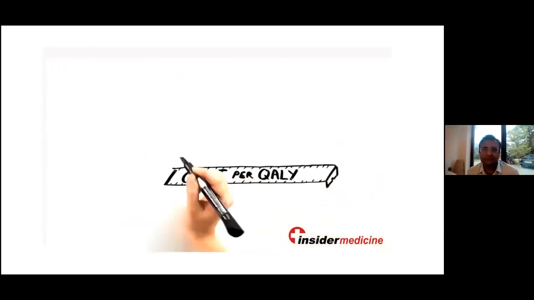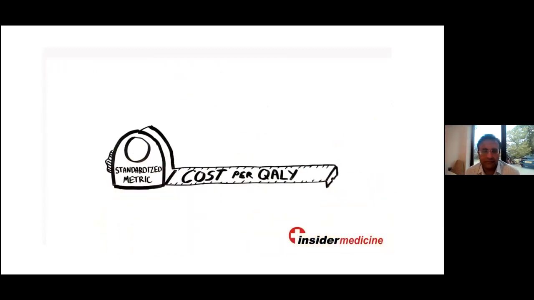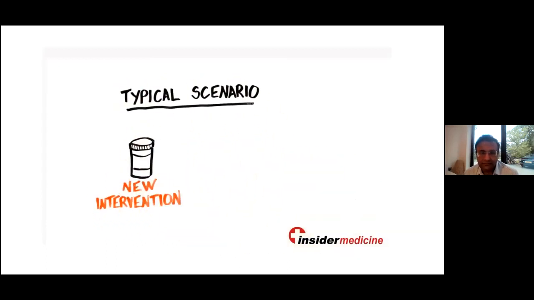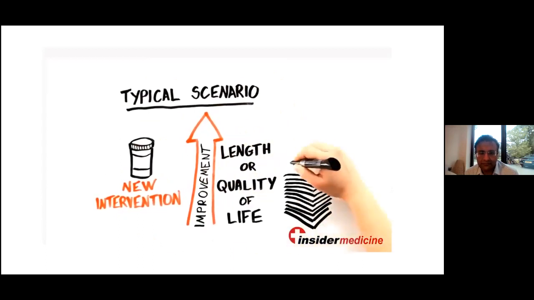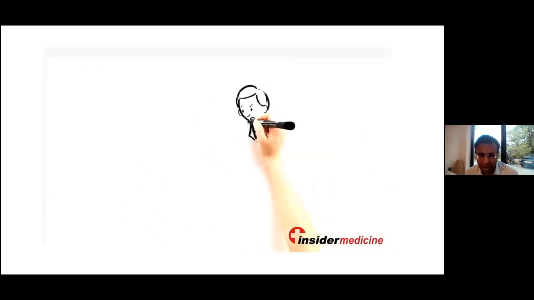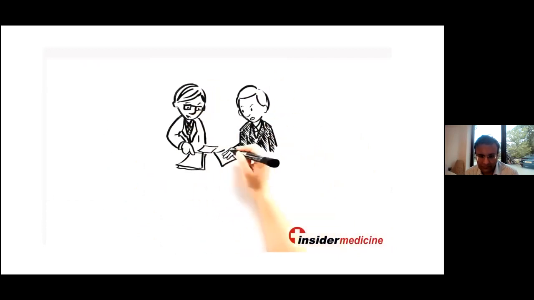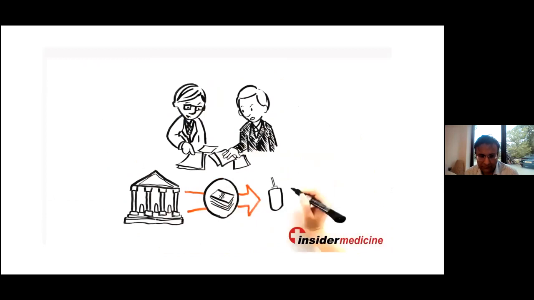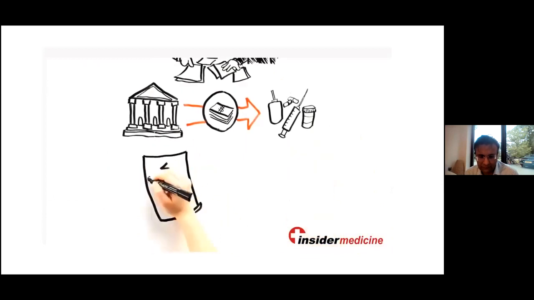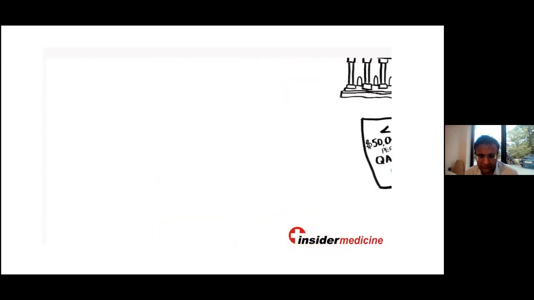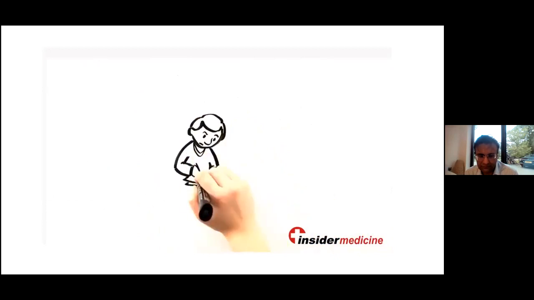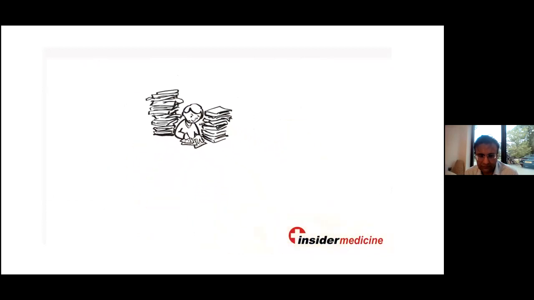This cost per QALY becomes a standardized metric to evaluate new interventions. The typical scenario is that a new intervention provides an improvement in either the length or quality of life, but costs money. And health economists and doctors argue it out as to whether the government should pay for the intervention. Most governments fund things that cost less than $50,000 per QALY and do not pay for others that are more costly. It is a complex analysis, and we've only brushed on the surface, but I hope that we've been able